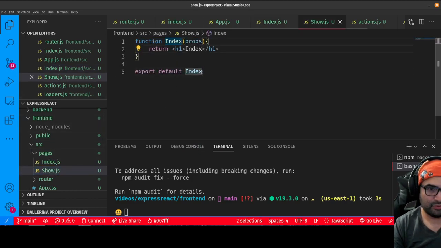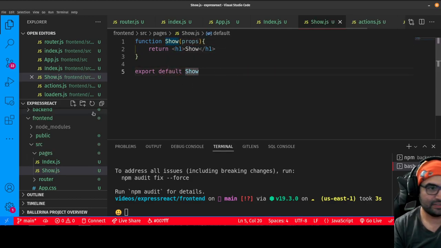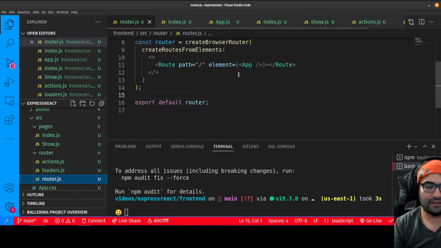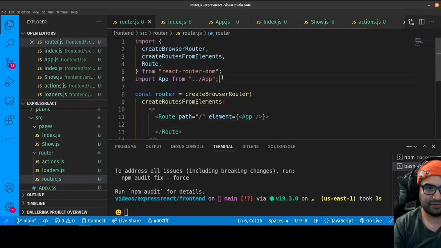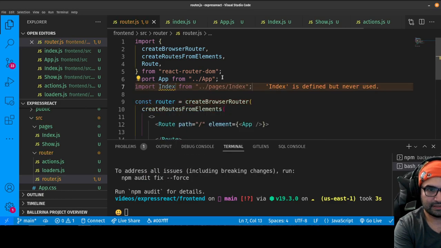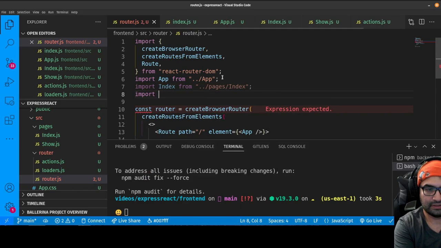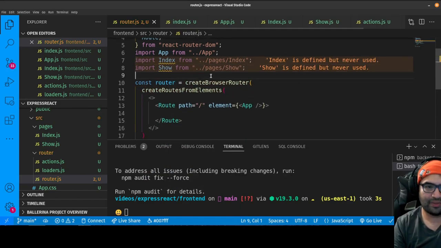So I'll use a multi-cursor feature in VS Code to update that. How easy was that? And now we're just going to add those to our routes. So the way I would do that is I'm going to import those components. So import index and import show. And the cool thing with the new React, the way the new React router works, is that